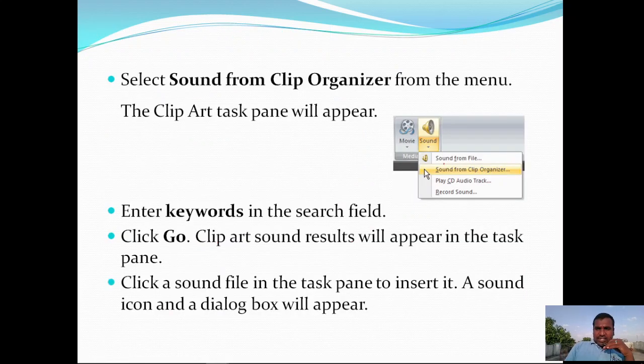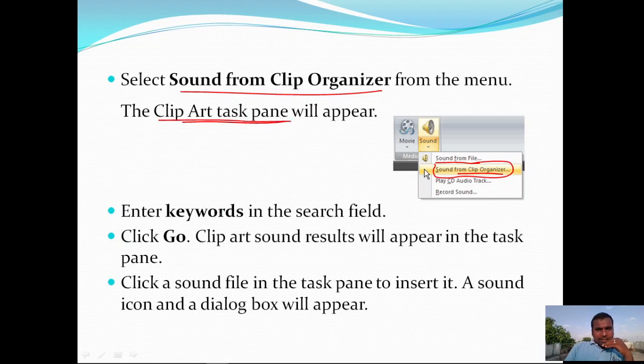Here, instead of choosing sound from file, use the second command, sound from clip organizer. Select sound from clip organizer from the menu, and the clip art task pane will appear on the right side of the slide.